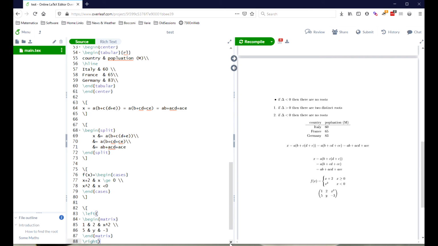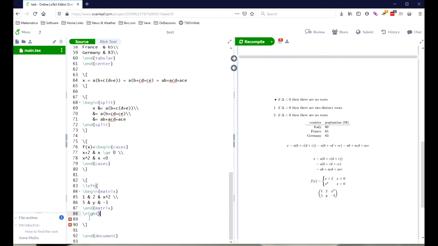Now this is the standard notation for a matrix. Oh yes, I left the second return line. So this works, but it's so common that for the matrix environment, a different